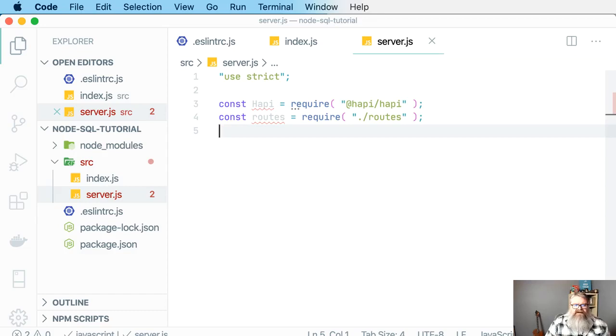So I like to organize my code, even in the beginning, into things like a separate server.js, which will make server.js easy to test later, separating out things like my routes, plugins, which are the equivalent of middleware that you may have used in Express if you've ever played with Express. Plugins is what hapi uses, and just different sections of code into their separate files, because I know over time as the project grows, I'm going to want those kinds of